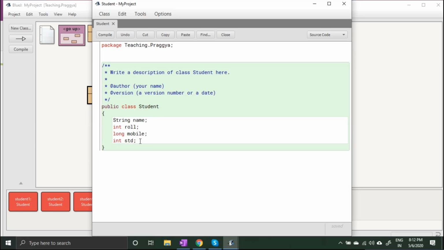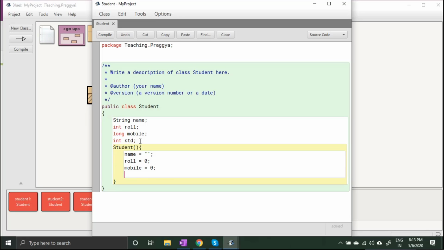So for example, I'm writing here Student, and inside this I'm assigning name equal to null or blank, and then I'm assigning roll equal to 0, and I can write a statement like this, mobile 0, and I can write std, standard, is also 0.